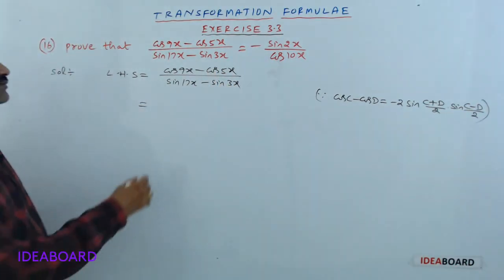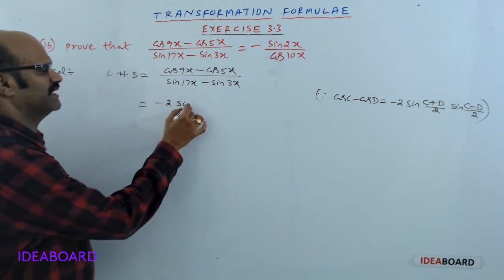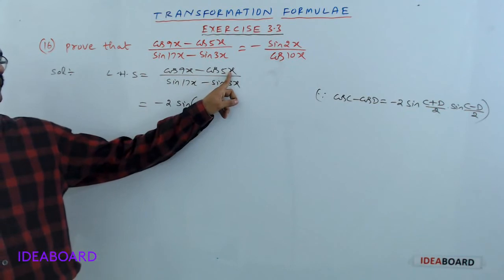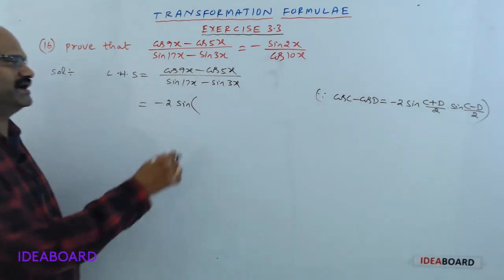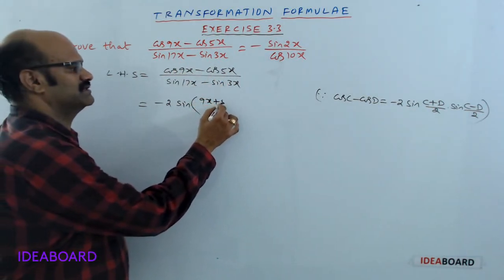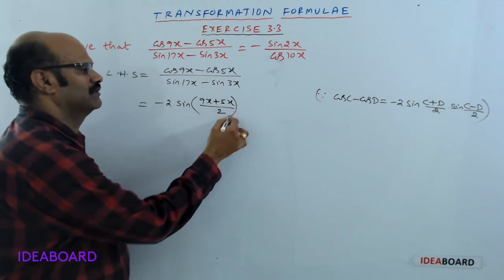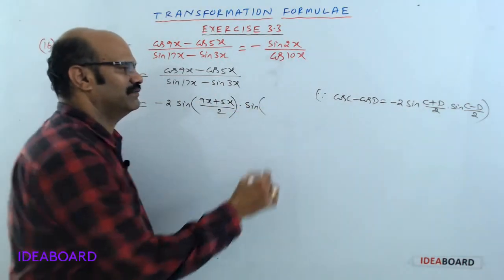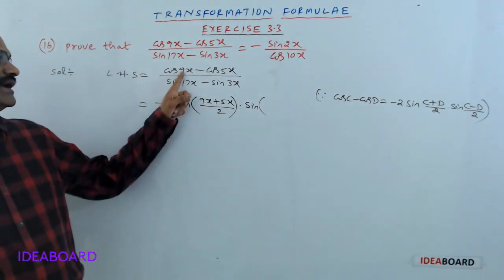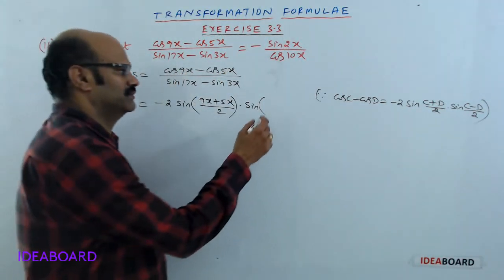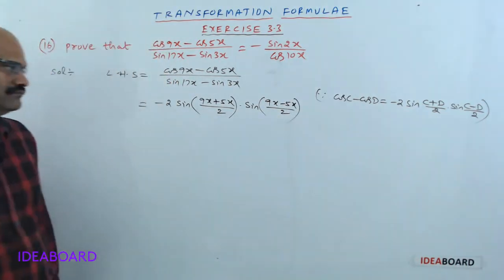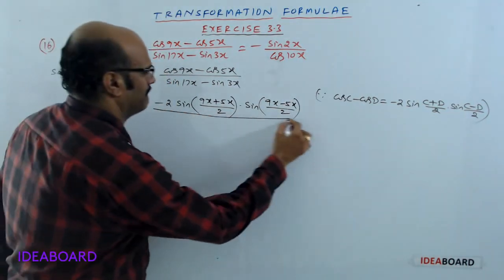So it's equal to minus 2 into sin of, c equal to 9x, d equal to 5x, (9x plus 5x) by 2, into sin of (9x minus 5x) by 2, divided by